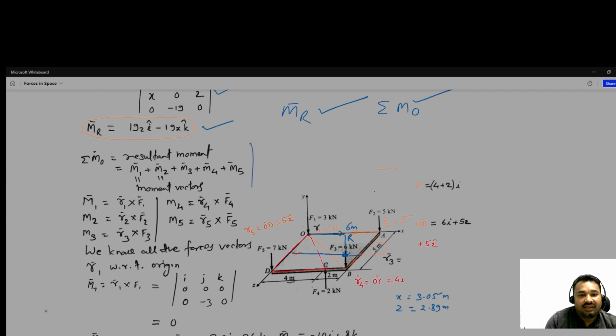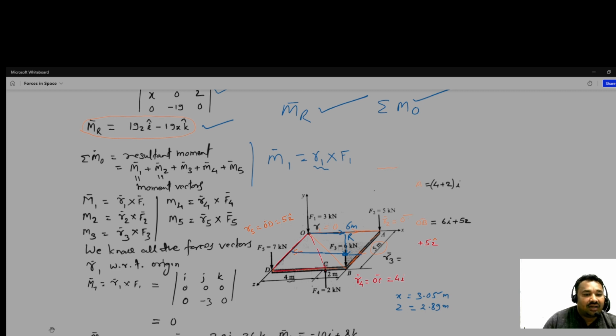Then what is m1, how to get it? So it is again multiplied by the position vector, and the force like f1. So it means where f1 is from the origin. That we know through the position vector. Okay, and after doing this,